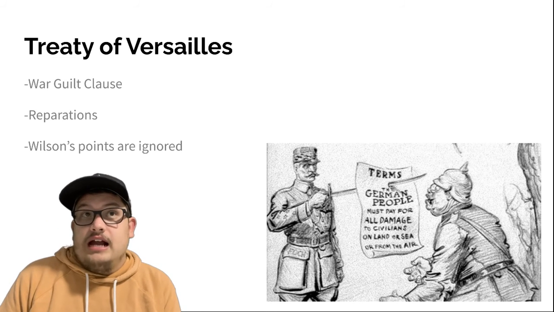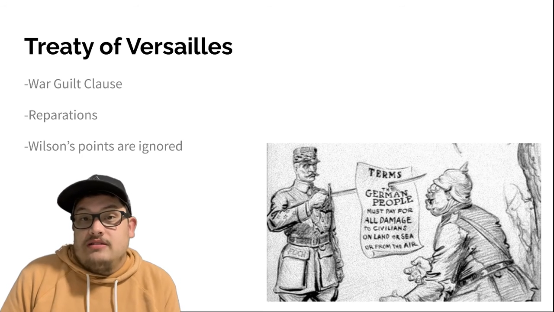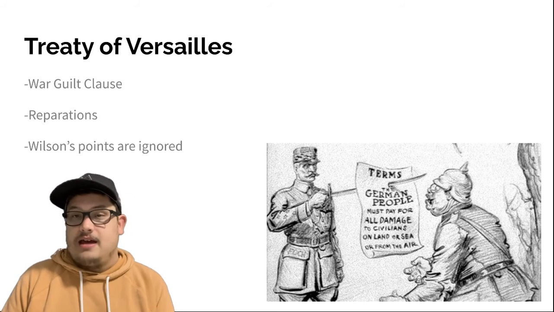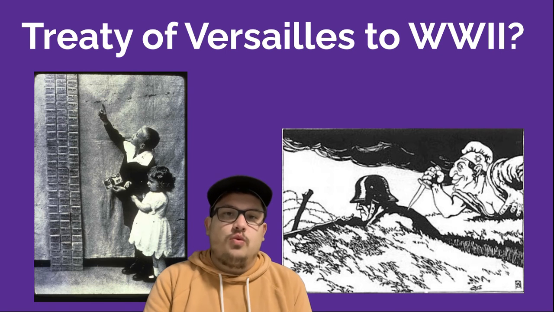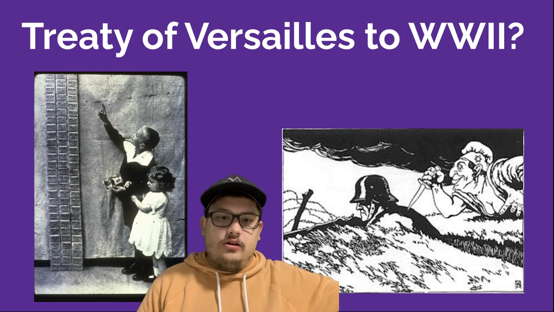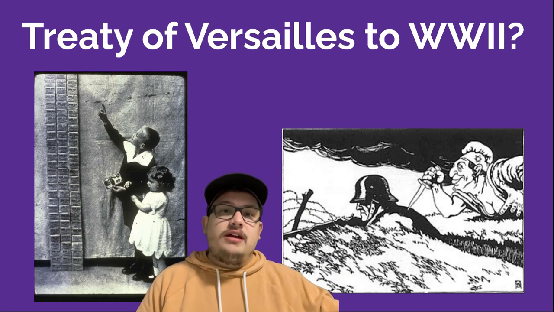And Wilson is kind of ignored, and we will have World War II. Right? So there's plenty of alternative history you can think about of what if we had the 14 Points, but it doesn't happen. And what I want to end with here is how we can go from the Treaty of Versailles to World War II. Again, we're setting the groundwork there. We'll get to World War II later, but I really do want to stress how this Treaty of Versailles is